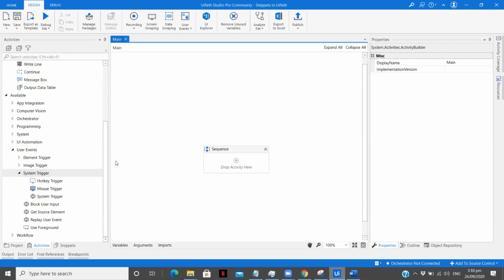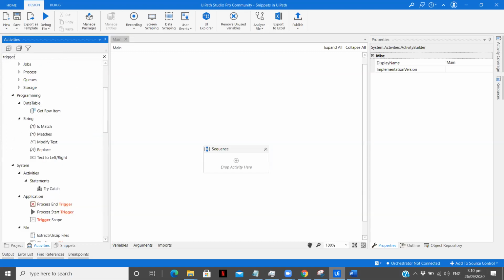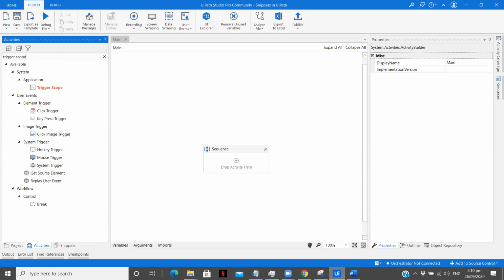Now, as we know, when we use Excel activities, we have Excel application scope. We have scope for different activities, whatever we are going to use. In a similar way, for these triggers, there is a scope called trigger scope, and these activities can be used only inside that. Now if you see this trigger scope, let's see the definition about it.